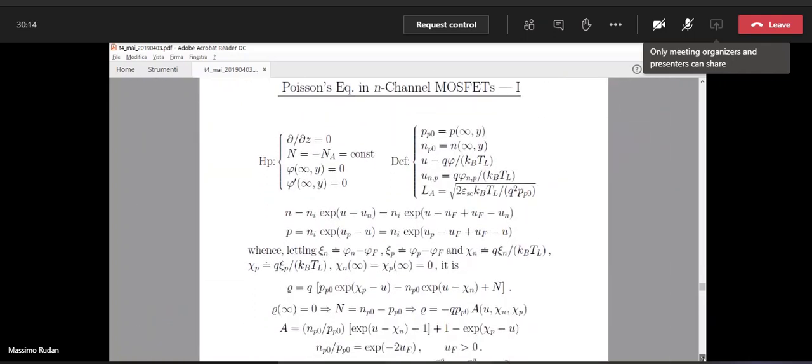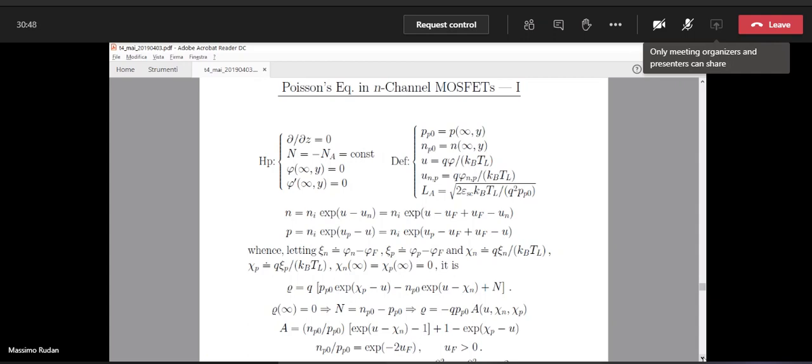So essentially, we repeat the solution of the Poisson equation in the MOS capacitor. We repeat it in the MOS transistor at some position in the channel. So again, we state the definitions and the hypothesis. The hypotheses on the left are that